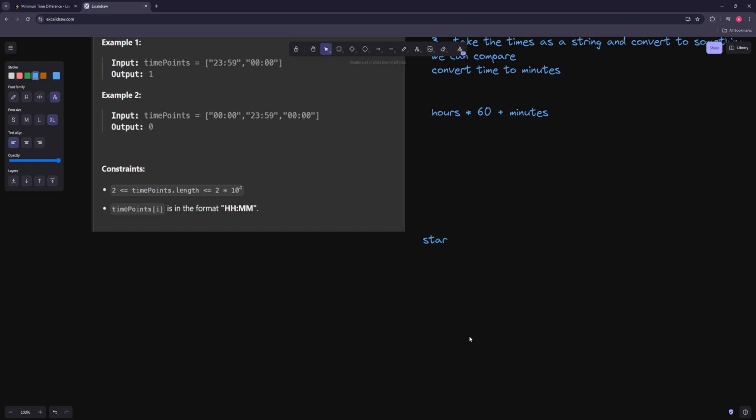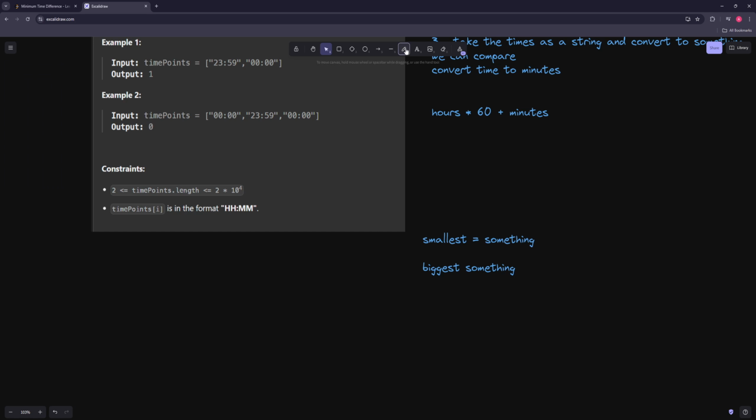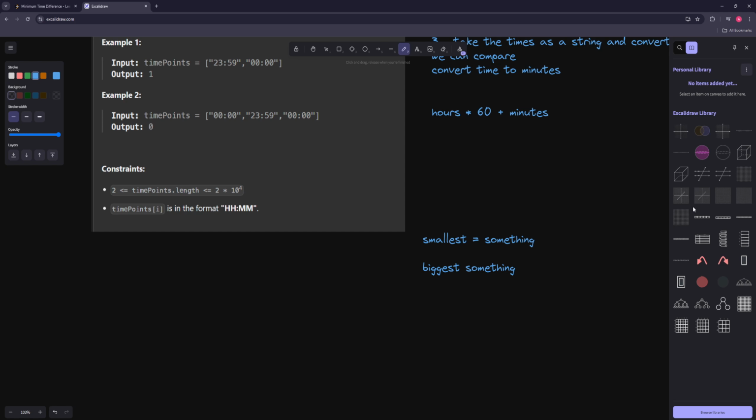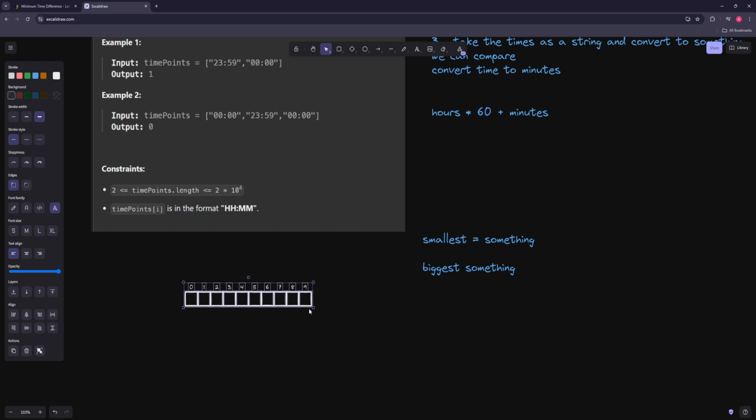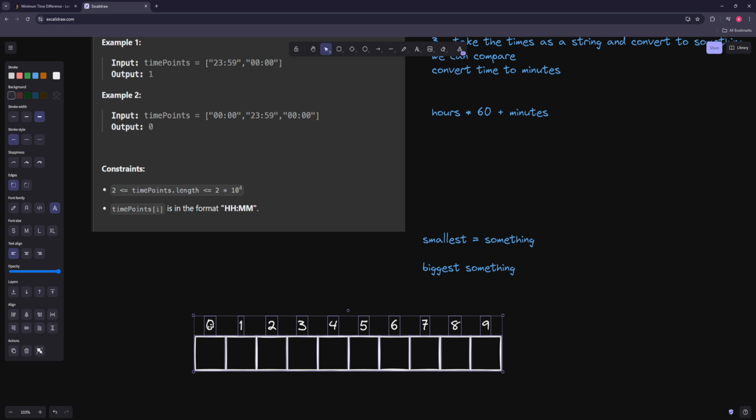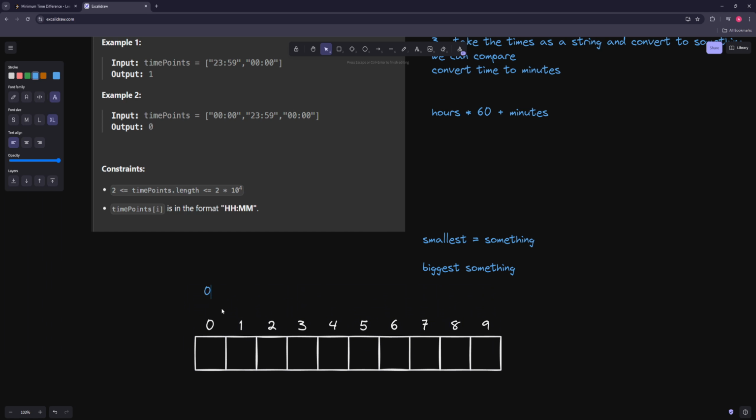So you could say okay, my smallest time is something, my biggest time is something, and I can just manually check, do all these things exist? So the basic idea is I can have an array of all available times possible, right? So I'm going to have an array from 0 to 23:59 in minutes,